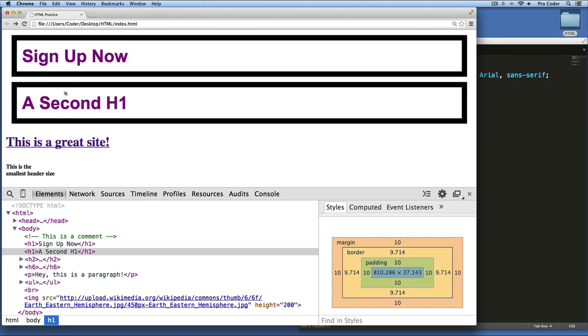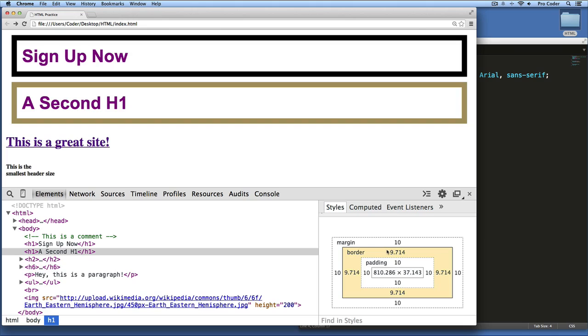That's the padding space. Now the border space is the black space that we've added here, and that's the space the border is occupying. And now the space between this particular H1 and this other H1, or this H1 and then this H2 element down below it, that space between it is what we call the margin,